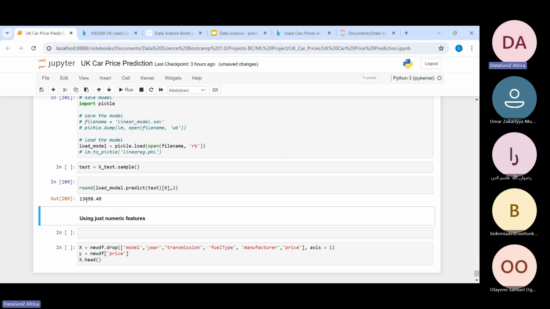So you can see the price of that car, of this test set. All right. So that's how to reuse the model. Okay. So to build an interface, there's an application called Streamlit, which we introduced in the Python for data science class when we were doing the